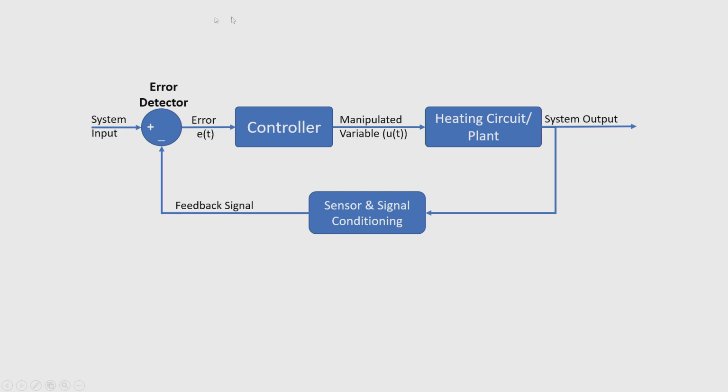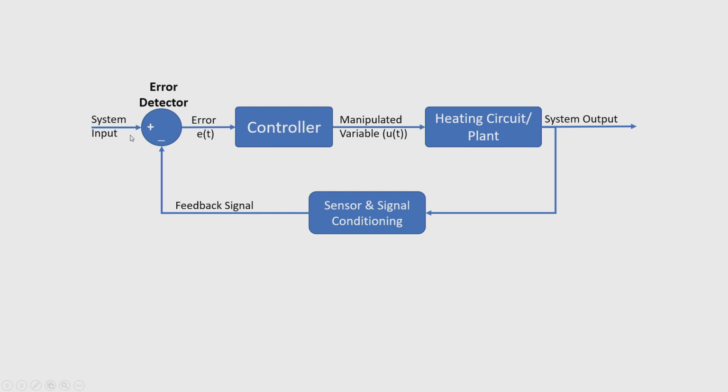If you clearly observe, we have an error detector where the input is connected to the positive terminal, and the negative terminal is connected to the output of the sensor, as well as the signal conditioning circuit if required, such that this block measures the difference between the input and the output signal, but both should be in the same units. In this case both are electronic units. As we are developing the complete system using electronics, both should be understandable by the electronic system. That is the reason we have realized the temperature as well as the input in terms of voltages.